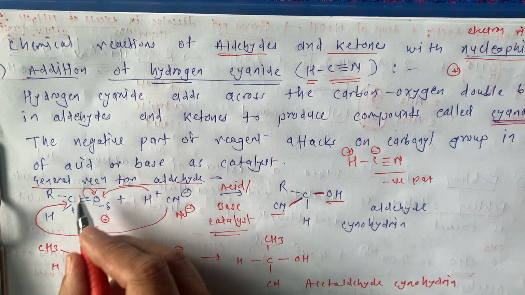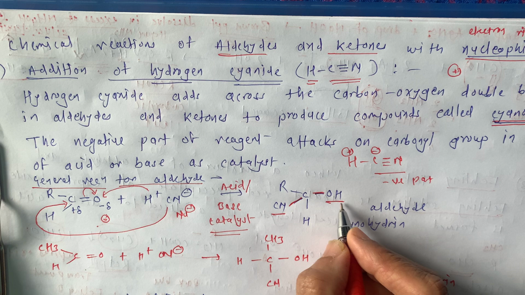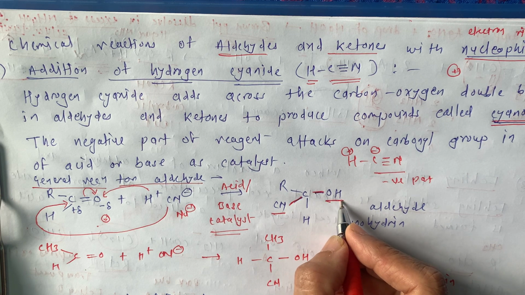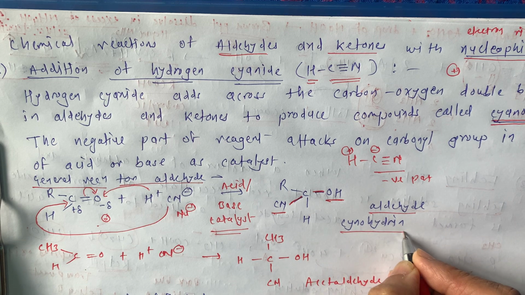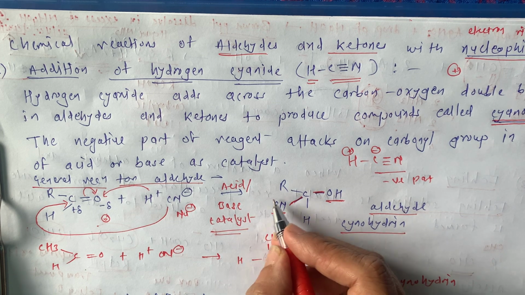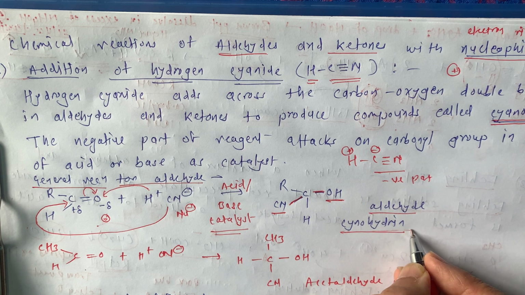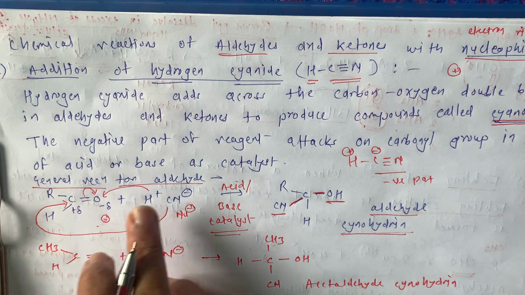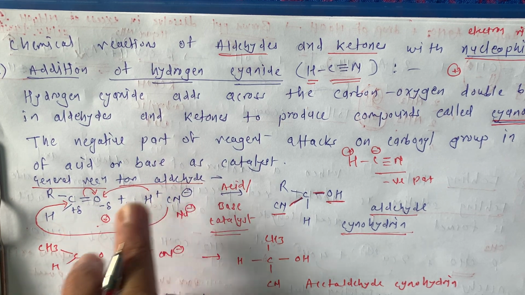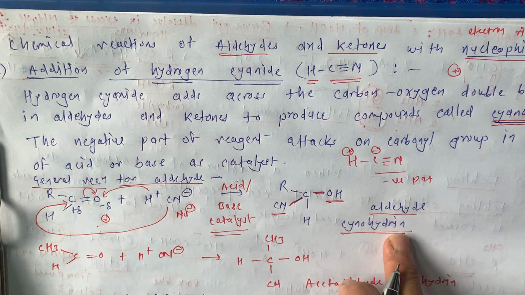We started with the aldehyde and now there is a cyanide attached over here and carbonyl oxygen converted into OH. Such a compound is known as aldehyde cyanohydrin. Along with this cyanide and OH, this is the cyanohydrin. Aldehyde is our basic reactant, on which we reacted with this CN minus and with this H plus. This is a nucleophile attack, and then we get aldehyde cyanohydrin.